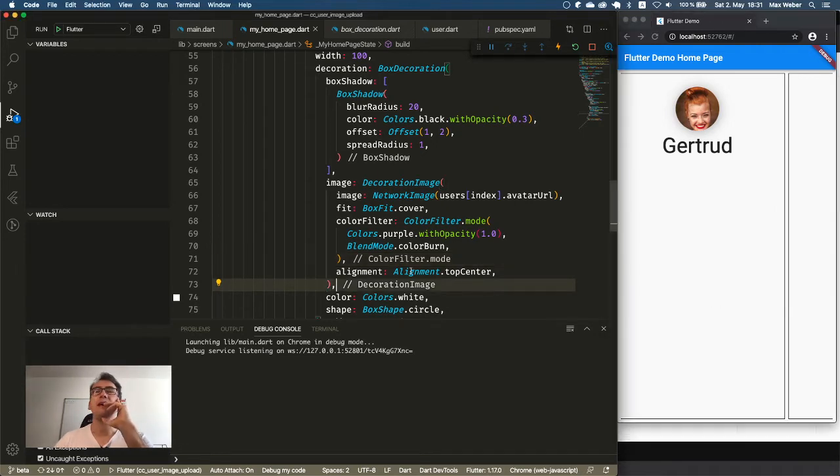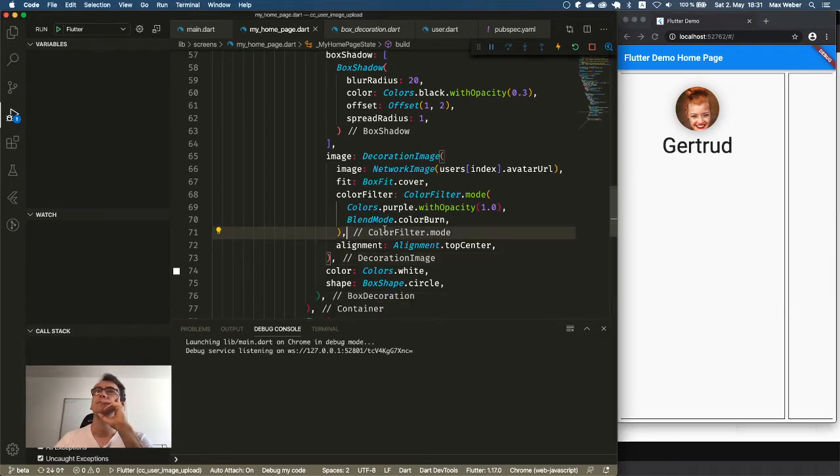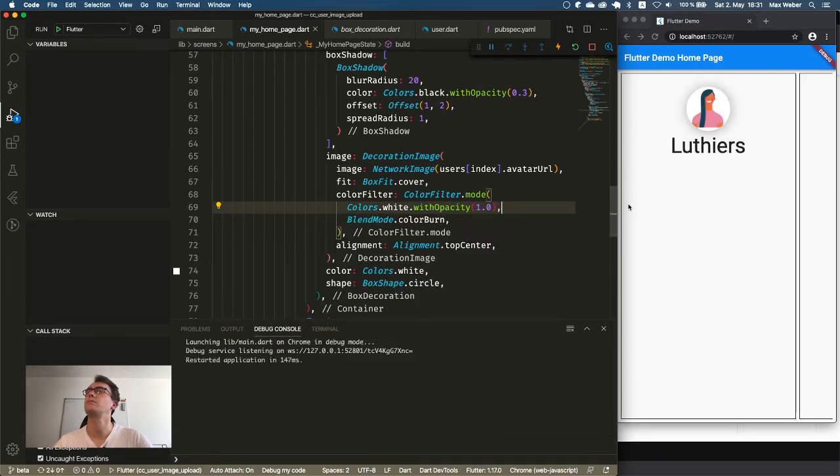But as you can see now, our container has a white background. But still, I'm not happy with that color filter, because that was the reason why we worked the whole day with that. So can we make it white and then use opacity or something? No. I don't know why the color filter is not applying. Let's have a look if we can Google that.